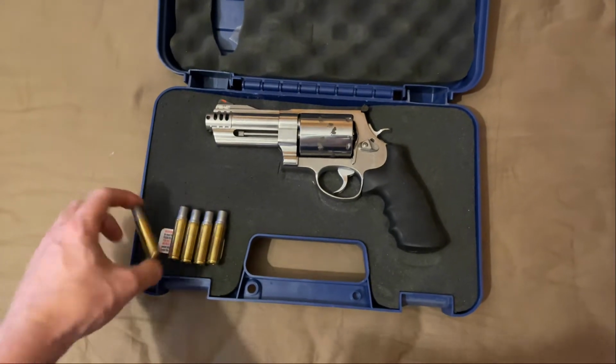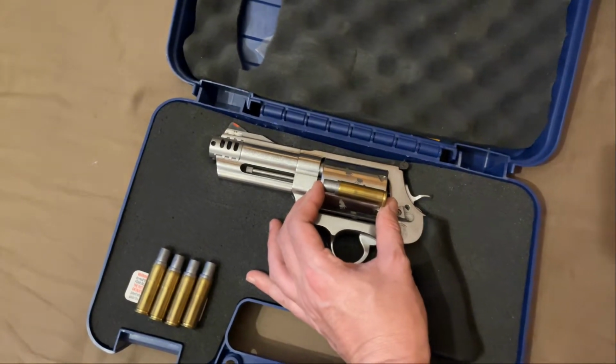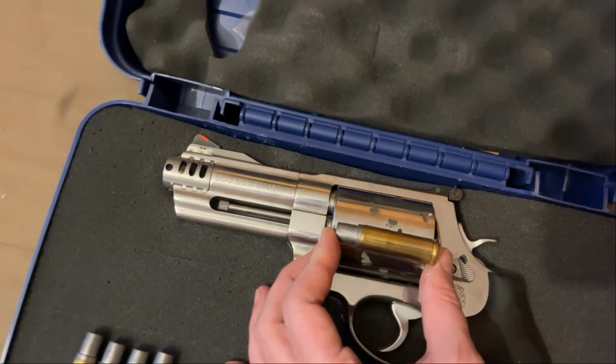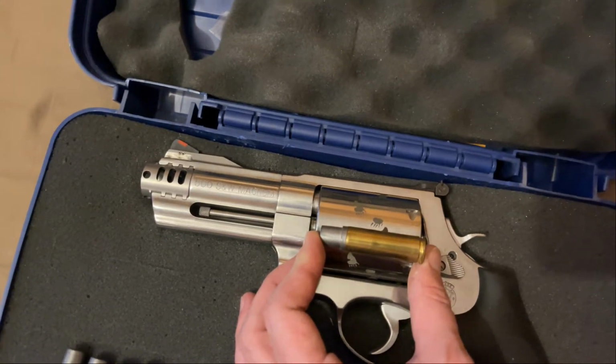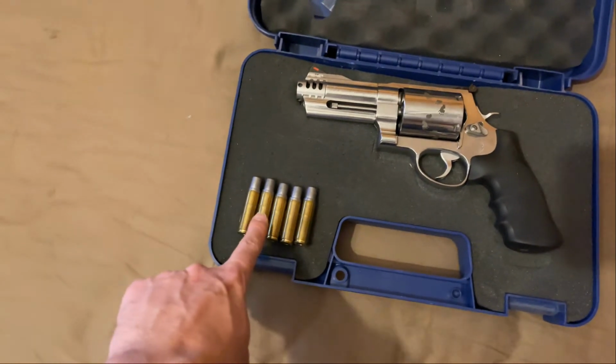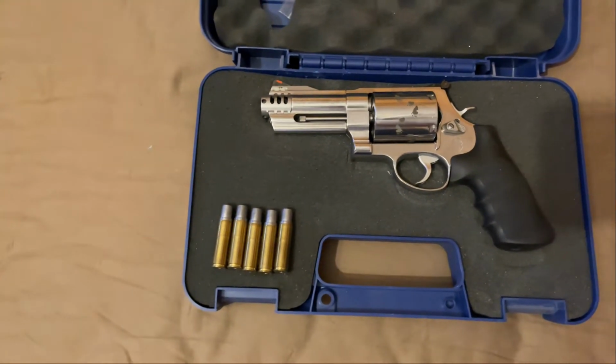Even with the 535 grain bullets, you'll see how much extra space there is in the cylinder. About there. So the 700 grainer actually goes to the very end of the cylinder. Doesn't take much, and you seat it slightly deeper anyway. If anybody's curious about the load data for this, I'm willing to share that recipe because I load these